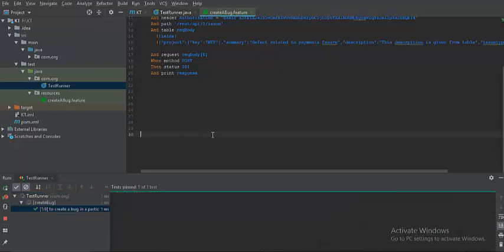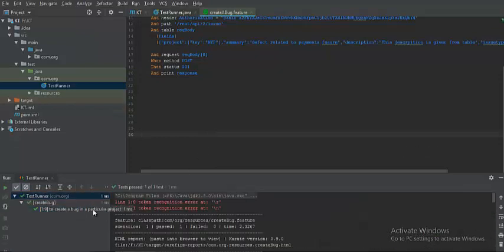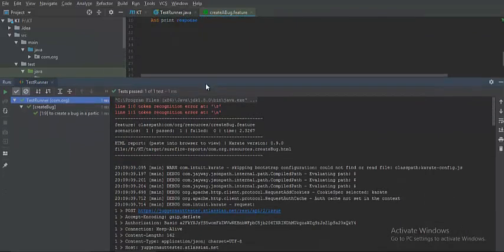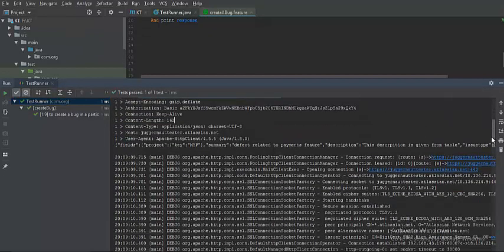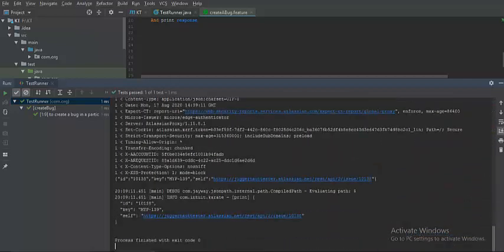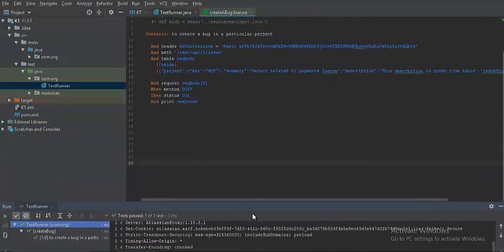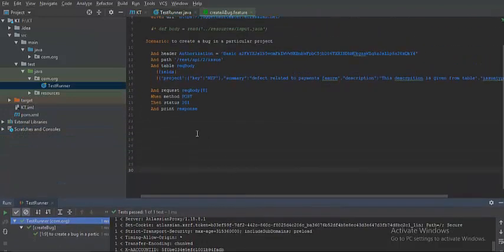So the test has started, it is running, and you can see the test case passed as well. If I maximize this, you can see the test case got executed and the endpoint got invoked, all that log level information got printed, and the response got printed too. Now that there is no issue as far as the test execution is concerned, we were able to execute it from the IDE successfully. So let's achieve the same through the command prompt as well.